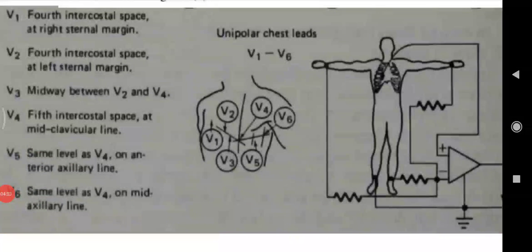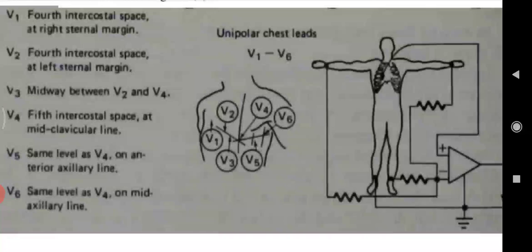The third is the precordial leads, that is V1 to V6. The precordial lead, the second type of unipolar lead, employs an exploring electrode to record the potential of the heart action on the chest at 6 different positions, that is V1 to V6. The 6 different positions of the heart are measured.